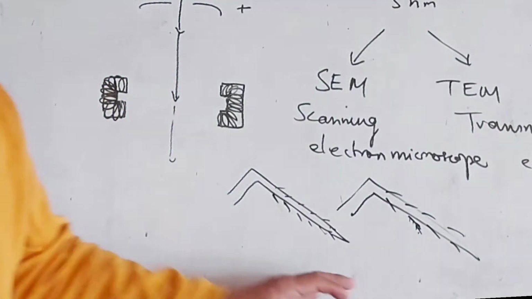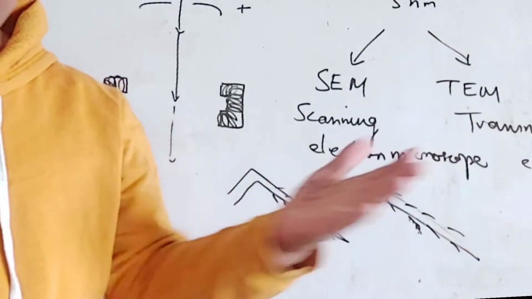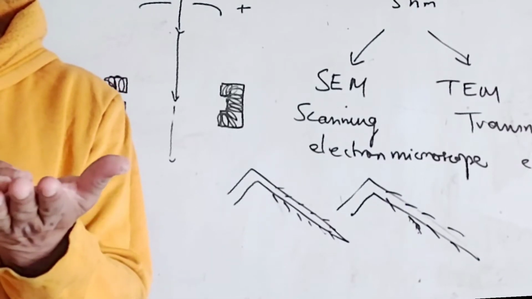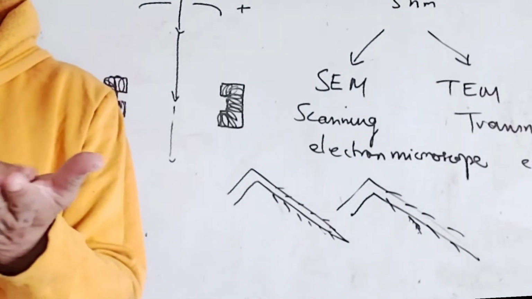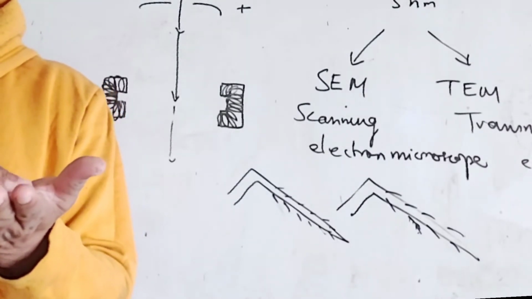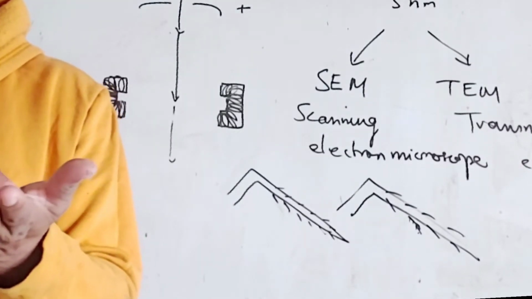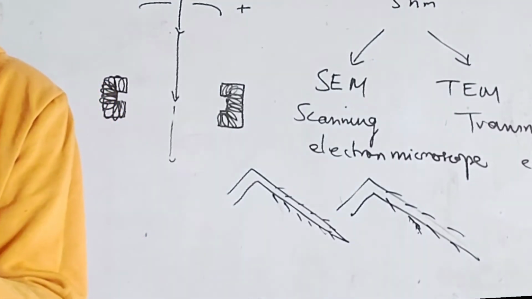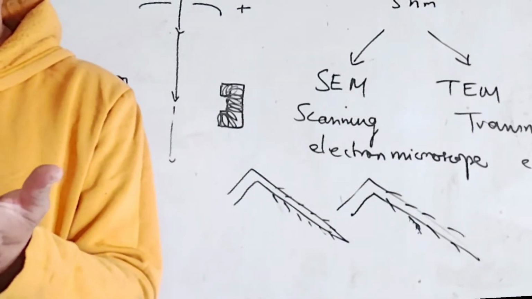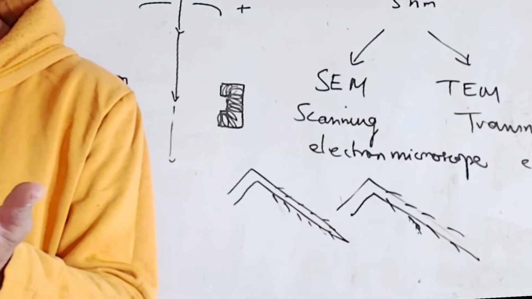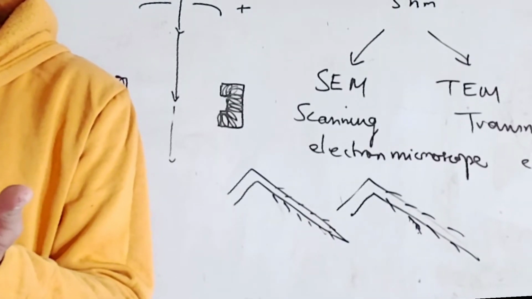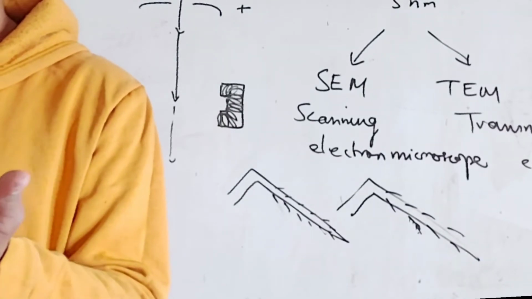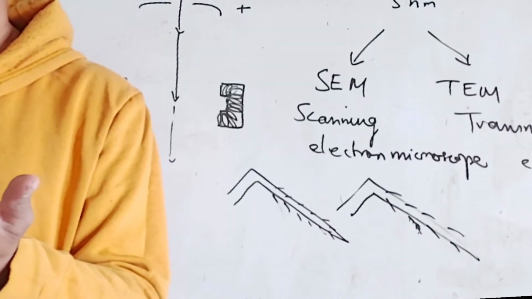Now, with the help of the TEM, you see the inner structures. You do a cross-section of the specimen, it may be a cell even, and you try to see the mitochondria, chloroplast, nuclear material, how the nucleoplasm is organized. You even try to localize a particular protein, where it is. That is called immunocytochemistry, the immunogold method, we will see that. That is also done with the help of the confocal or fluorescence microscope.